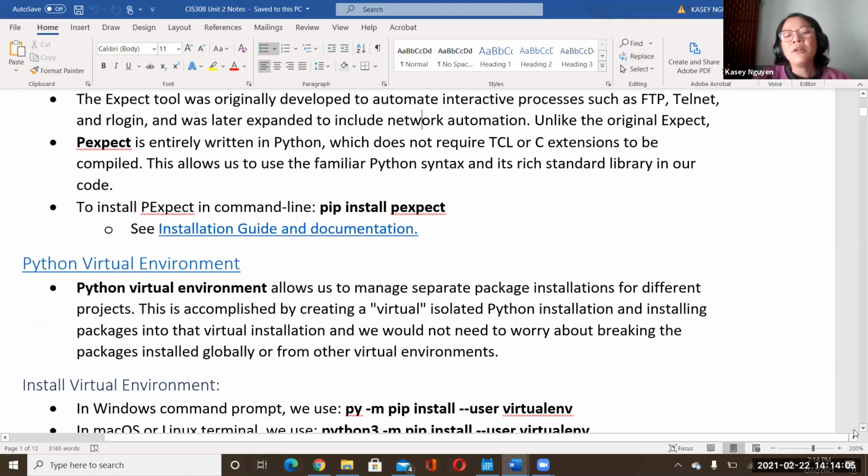Now, in order to use the library, you need to install it, okay? You need to bring in the packages, and on the command line, you simply do pip install PExpect. What if we wanted to do it in a virtual environment, where we are not going to impact the package itself, in case we need to modify it or utilize it a certain way?